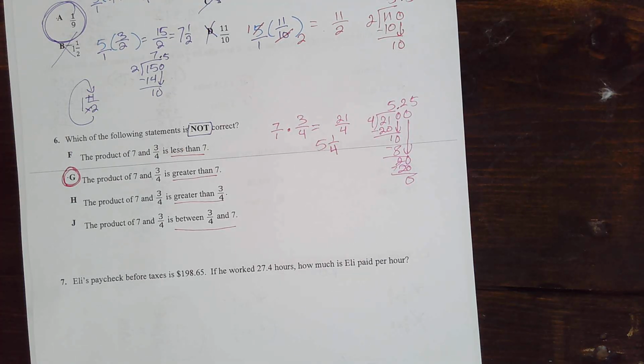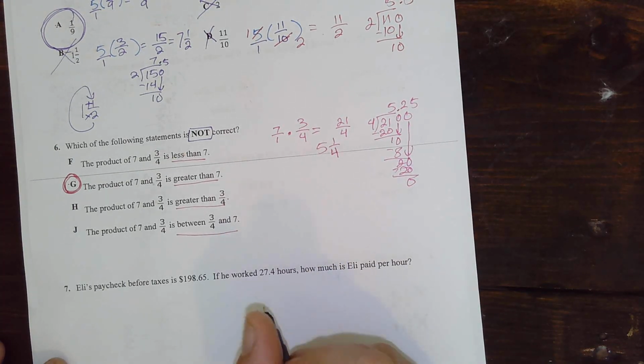All right. Number 7, it says Eli's paycheck before taxes is $198.65. If he worked 27.4 hours, how much is Eli paid per hour? Okay, so we're going to take 198.65 and we're going to divide it by